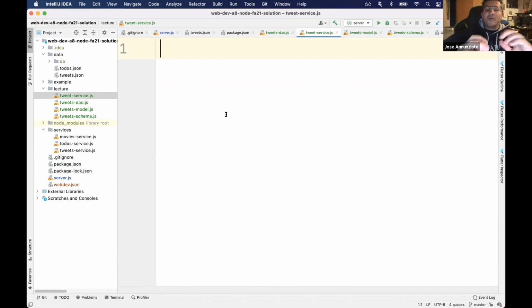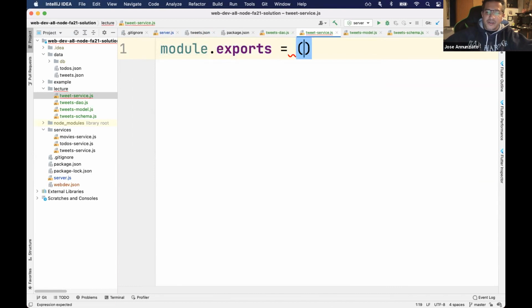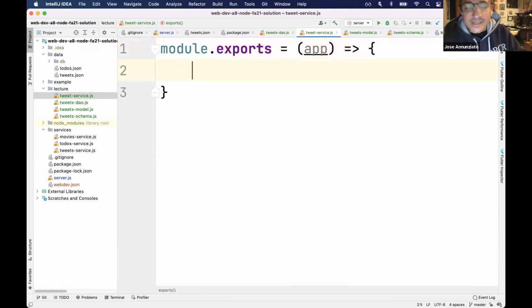We already know how to create a service. Basically, you create a module exports, you create a function where I can receive an instance of the Express library